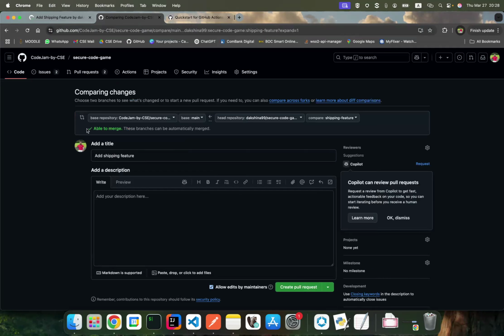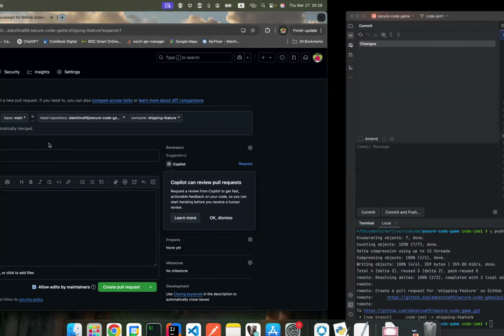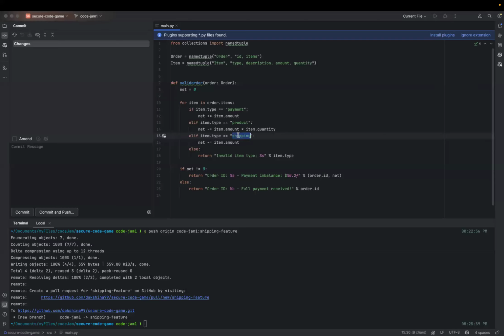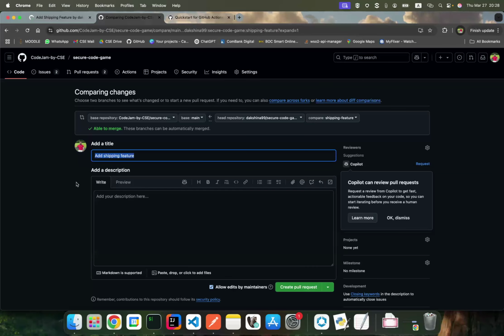Then it will show whether it is able to merge directly, or if there are conflicting things with the main branch, it will say that. Let's say while you are doing this, someone comes and edits the same line and adds some text. In that case, you will end up with a merge conflict. You have to resolve that when you are making a pull request. You cannot do that in this GitHub window; you have to do it locally